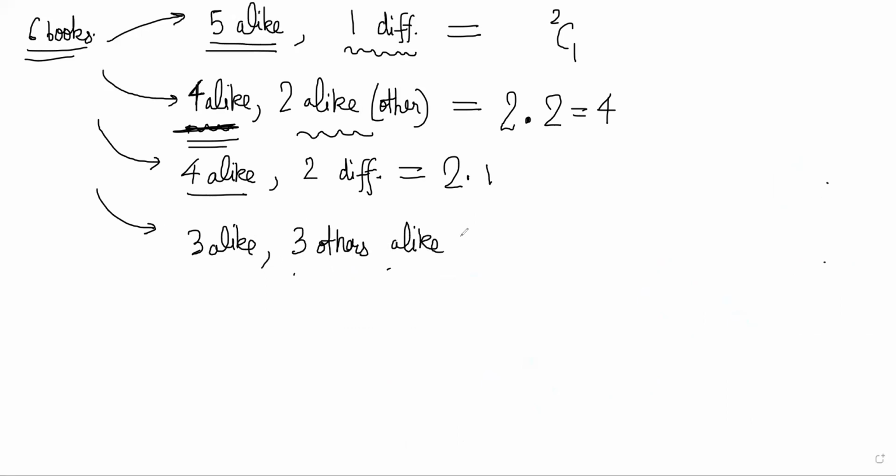How many ways will this be possible? 3 ways for 3 alike, and 2 ways for 3 others alike. 3 ways for 3 alike, 3 others alike. So actually,